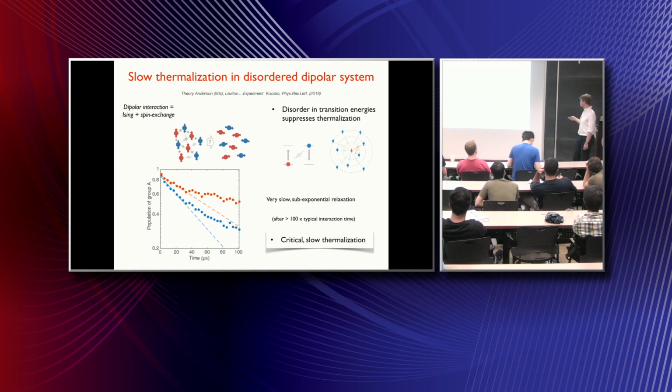So basically, it turns out that when the interaction is 1 over r cubed, the system lies precisely on a boundary between a thermalizing system and what's called a localized system. If the interaction is very short range, this spin exchange, this relaxation, does not proceed at all, because one of these atoms just cannot find any nearest neighbors to flip-flop. And if the interaction is very long range, it always finds a flip-flop. So it turns out this 1 over r cubed is precisely in between these two regimes.